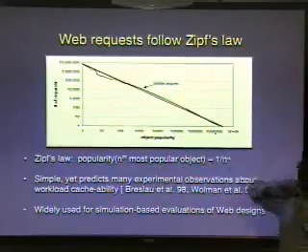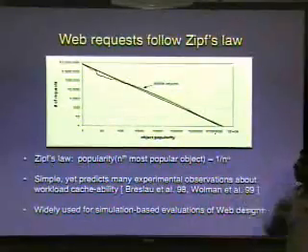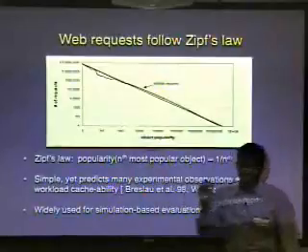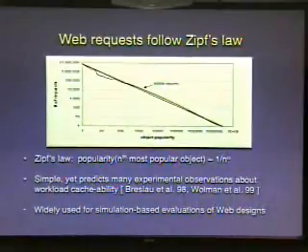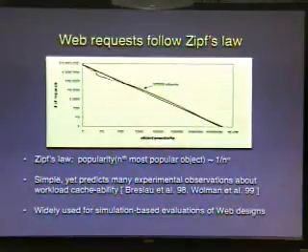where alpha is some constant which is typically close to 1. So in this graph, I show the web request distributions from a trace that we took at the University of Washington border routers. X-axis shows objects ordered by their popularity. So the point 100 refers to the 100th most popular object. Y-axis shows the number of requests that go to this web object. The green curve shows the web requests, and the red straight line through the green curve shows the best fit Zipf distribution for these requests.